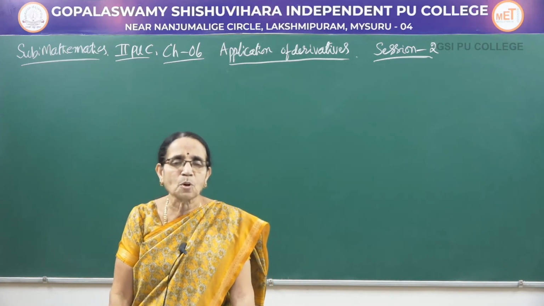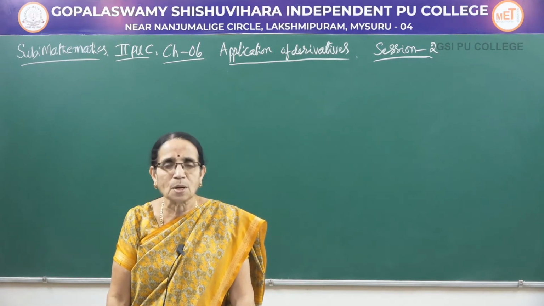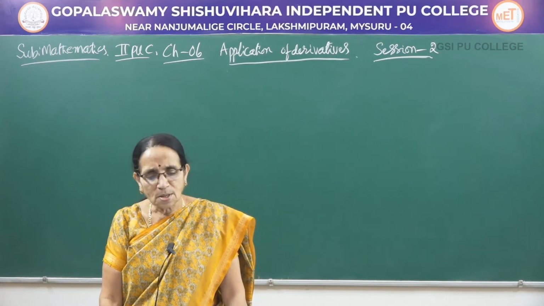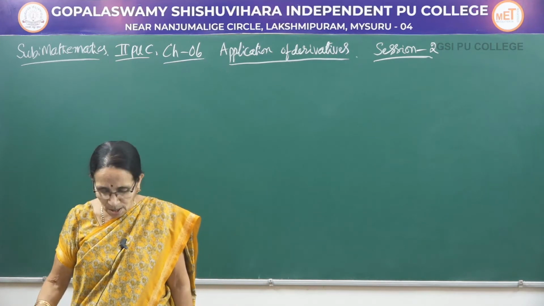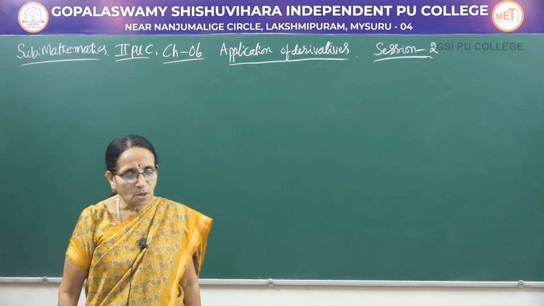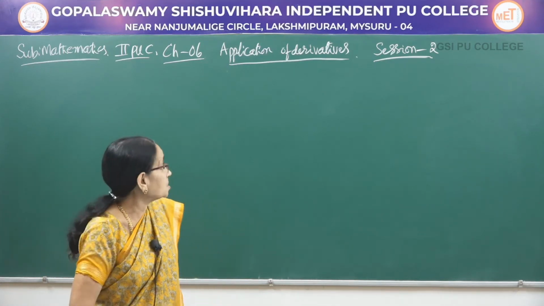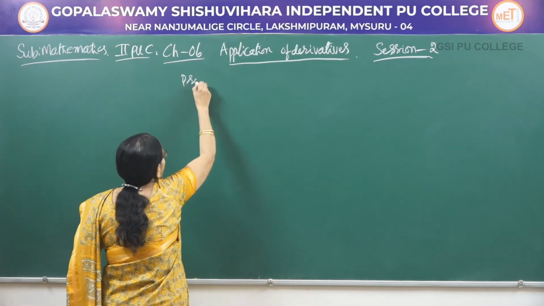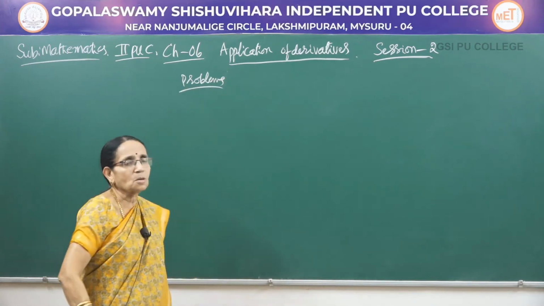The third type of problem is that you have to get the equations of tangent and normal, both of them, when the curve is given and also the point would be given. So, these are the 3 types of problems we are going to work out. Usually the problems can be expected for either 1, 2 or 3 mark questions. Now, the first problem: find the slope of the tangent. Here I am working problems on tangents and normals.